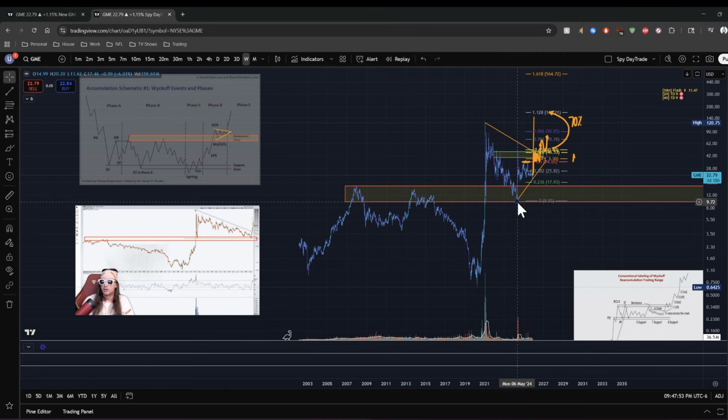We came down, we tested it, and the buyers were like, no, no, we're stepping in, we're absorbing all the selling at this point, and it caused the sneeze up to 64 bucks, right? Same thing here. Now, the biggest, most bullish thing you can do is once you break out and come back down and back test this previous resistance area and turn it into support, is to continue to consolidate until you ultimately break out